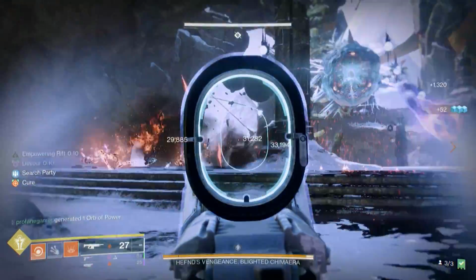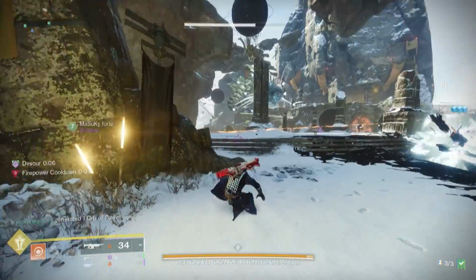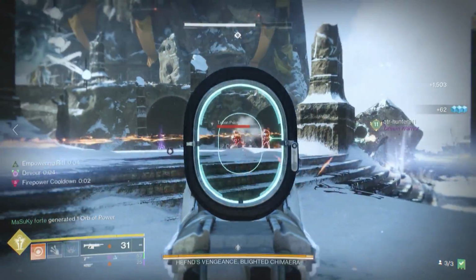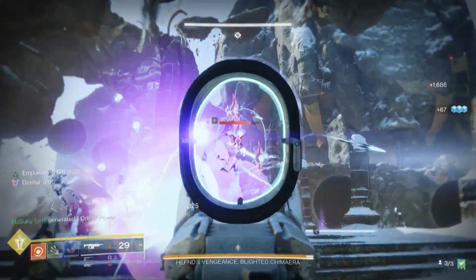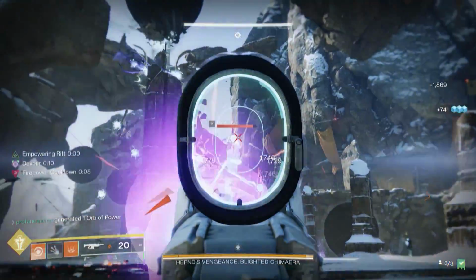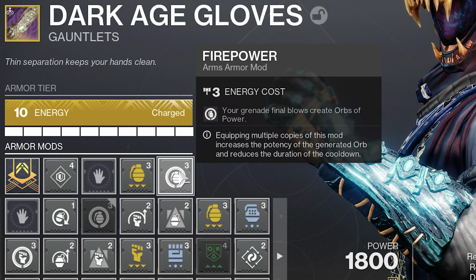When it comes to our armor mods, our plan is to improve the uptime of our fusion grenades, to have our Well of Radiance up as often as possible, and to generate as many orbs as we can. To that end, we are using Harmonic Siphon mods on our helmet, Firepower mods on our gloves, and Reaper mods